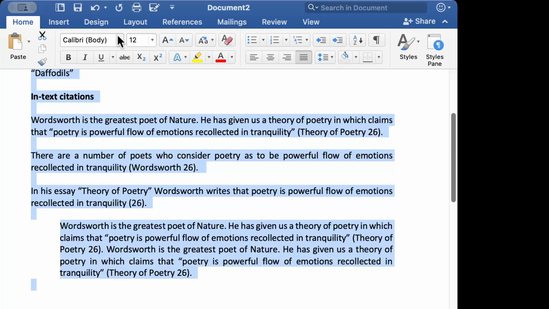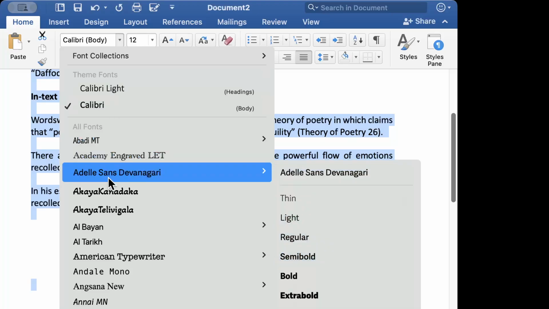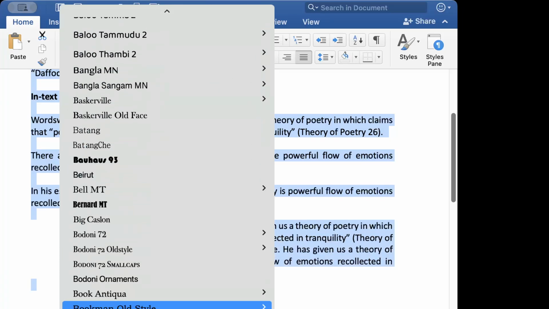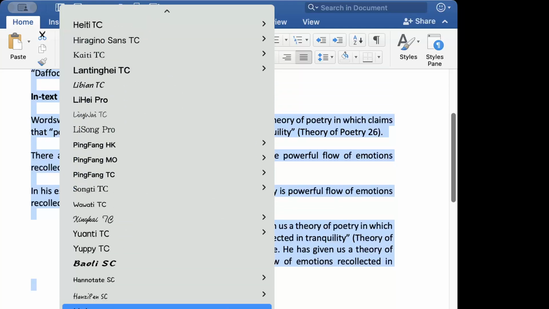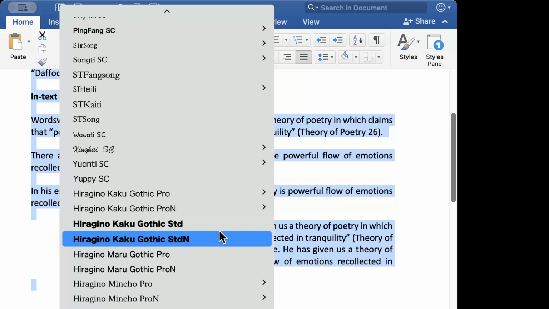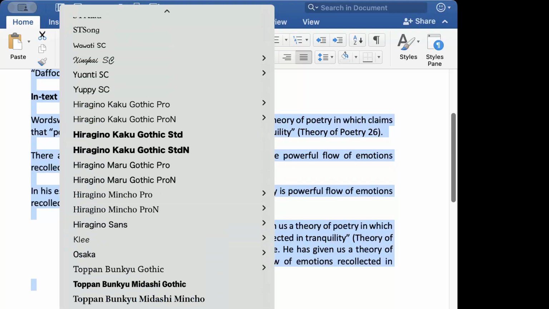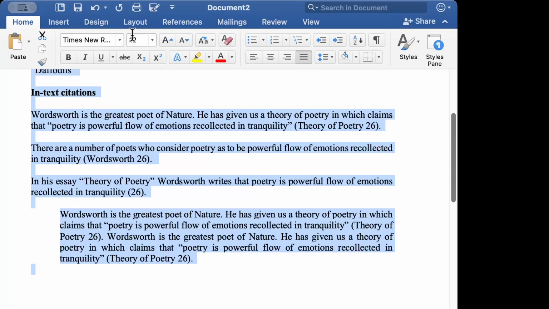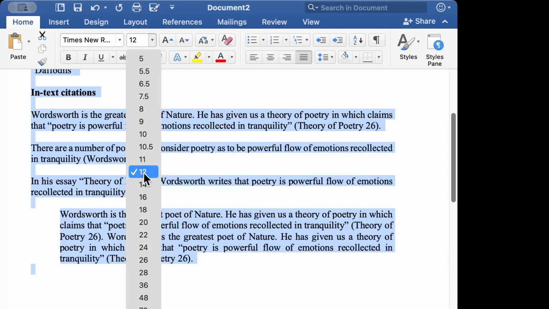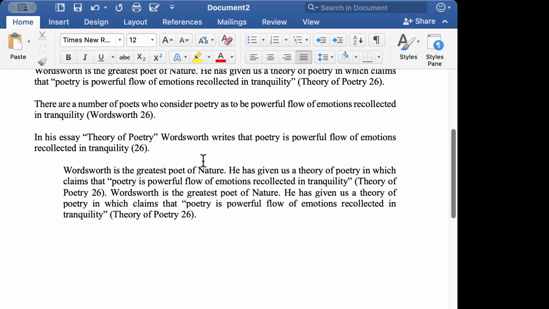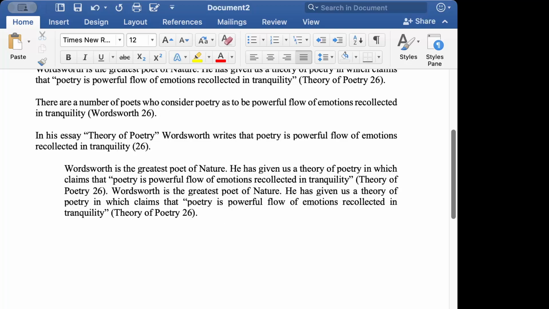Press Ctrl A, and here you will select the text, Times New Roman. Just hope I'm able to find it. Times New Roman. Okay, and the font size would be 12. It's 12 already.